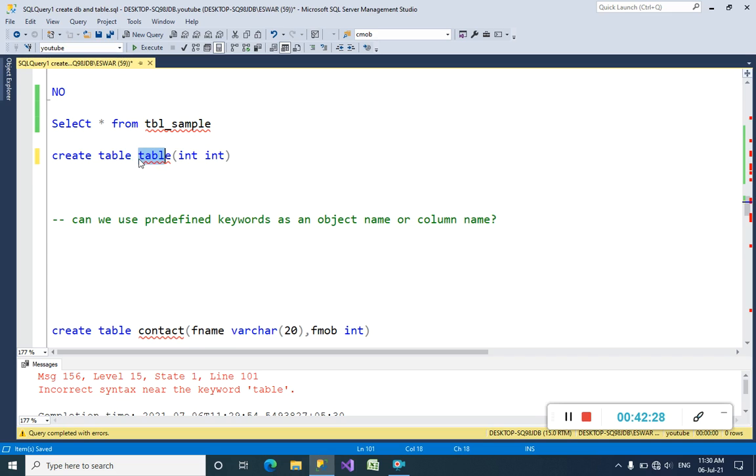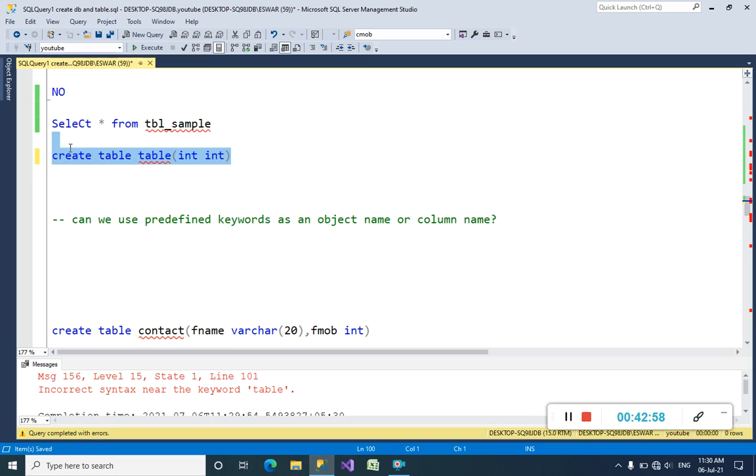If you write table again, how can it understand table as a name? Because table is stored as a predefined keyword inside SQL Server, it will treat it as a keyword, not a name, because predefined keywords cannot be used as column or table names.